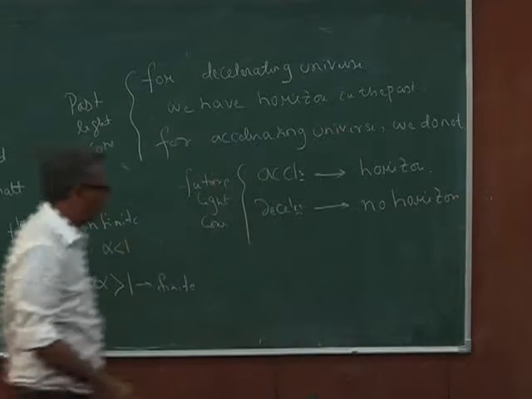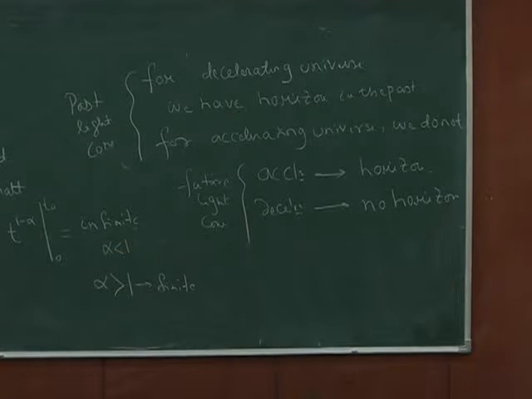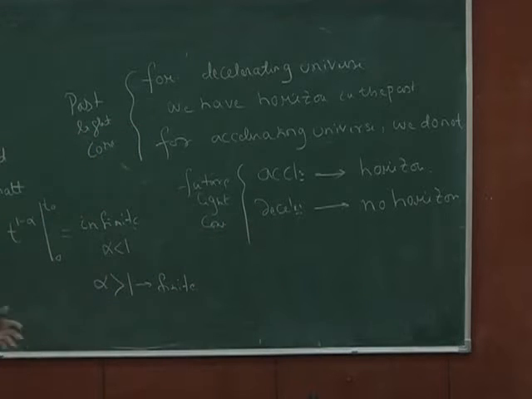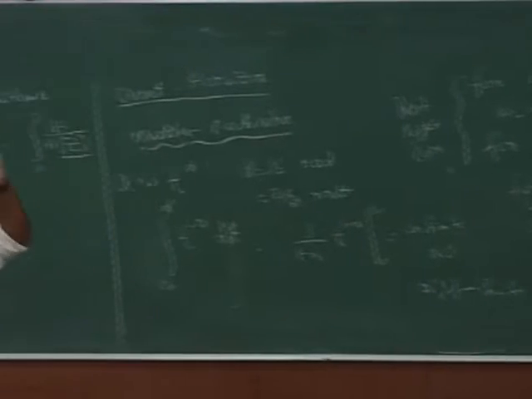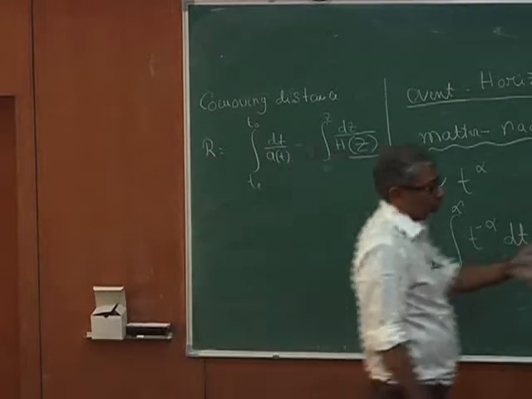Obviously for our observational purpose this does not matter because we cannot see in our future. Okay. Only thing is that it is just a theoretical model thing, depending on what kind of model you have. As you know, if our universe is today accelerating, then obviously that universe should have a horizon in the future. Okay. But if the universe is not accelerating today, it will not have a horizon.